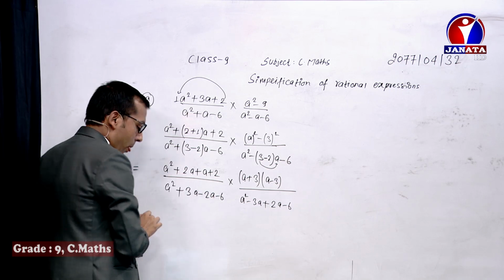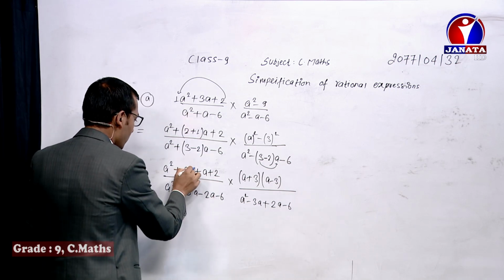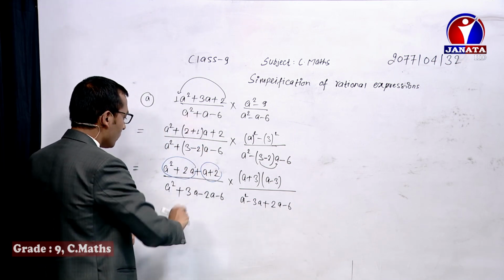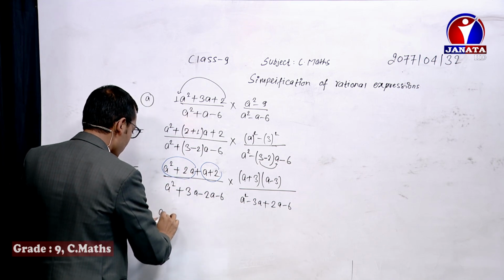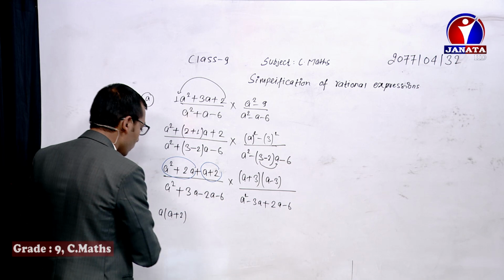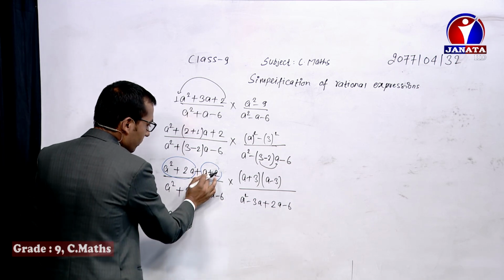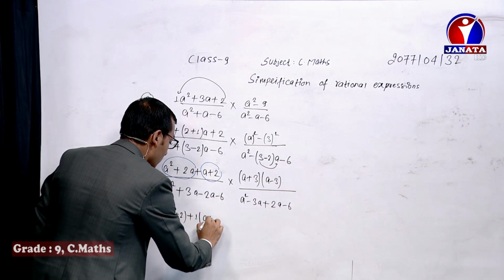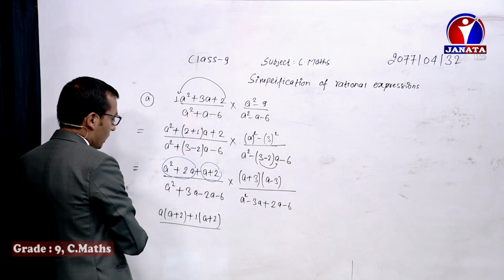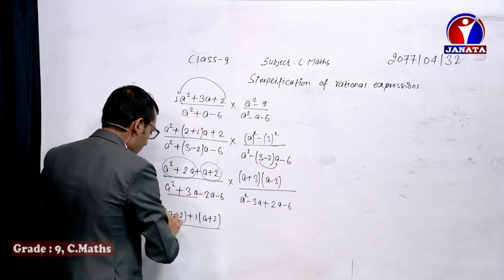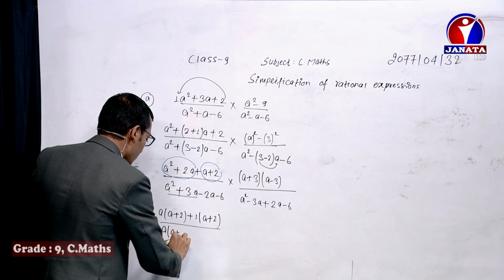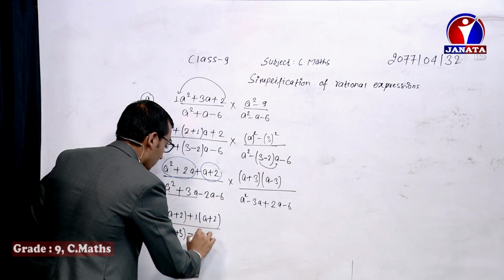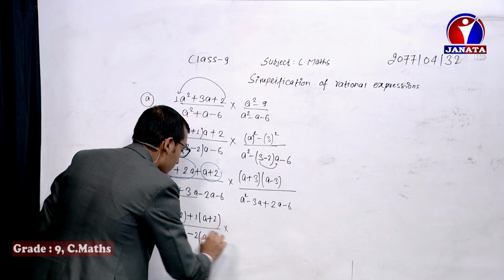Now we can take common from the first two terms here, a square plus 2a, and then from a plus 2. What is common from a square and 2a? A is common, so a plus 2. What is common from a and 2? There is no common factor, so 1 is always common. So 1 is common, a plus 2 over, let's take common from a square plus 3a. So a is common, a plus 3, minus from 2a and 6, 2 is common, a plus 3 times,